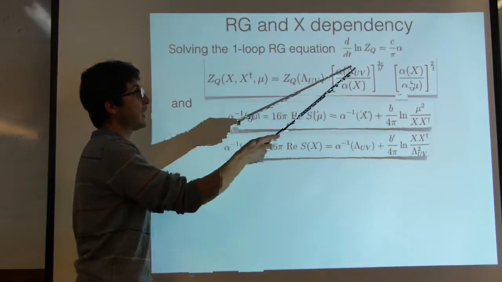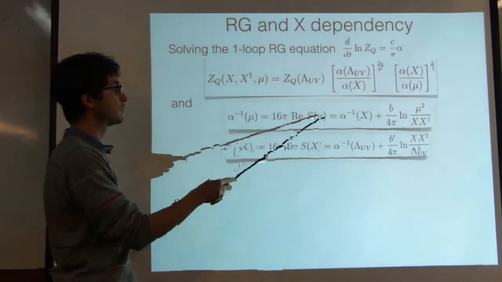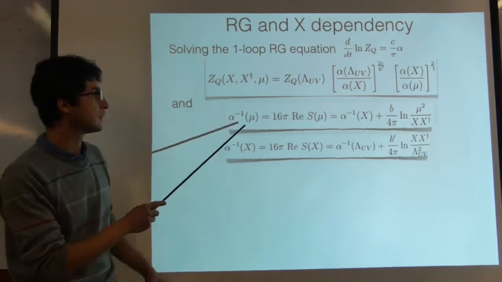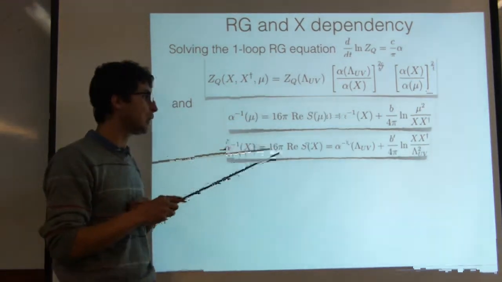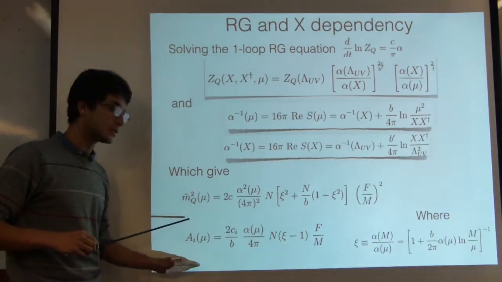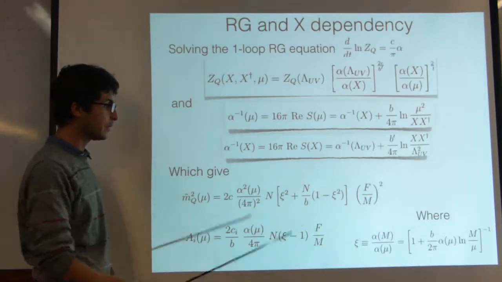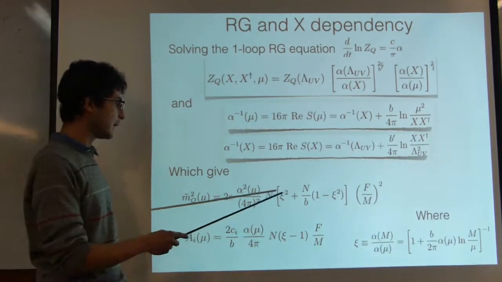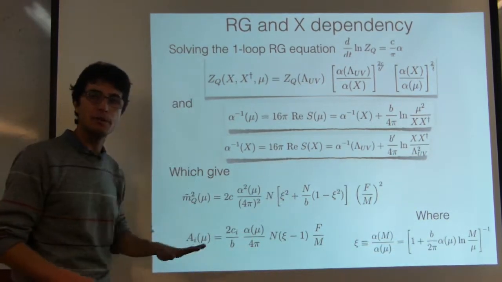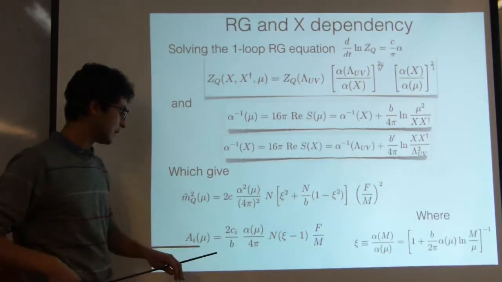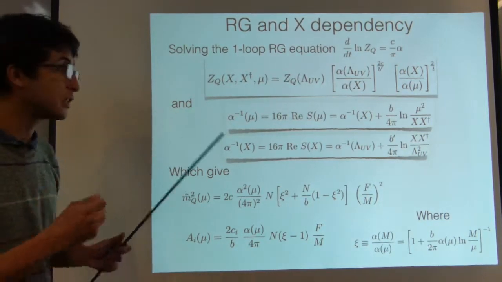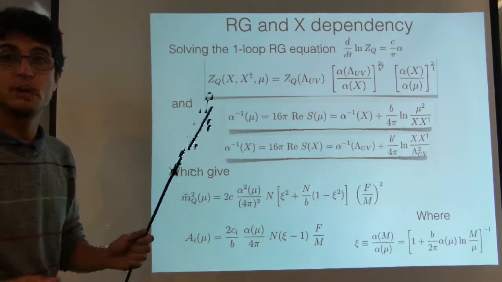Okay, it depends again on the RG equation for the couplings of the gauge theory, and we have the expression for them at one loop, so we can solve this and we get the expression for the soft masses and the A terms. Those are going to depend again on the beta functions of the theory above and below, after and before integrating out the messengers. So these expressions again coincide with the computation that you do by doing the loops that I showed before.